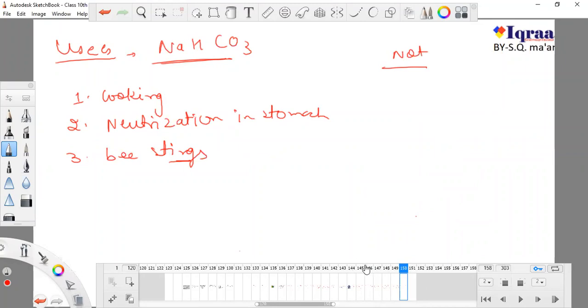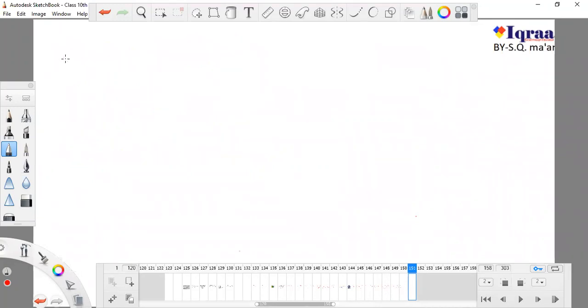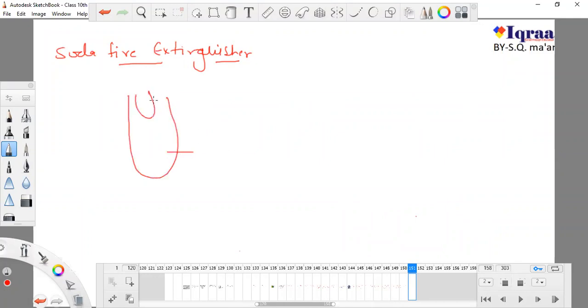So this is all about baking soda. And one more thing I want to tell you, it is also used in the soda fire extinguisher. Do you remember this reaction? Now we will learn about the soda fire extinguisher. We studied this, and how we add this. There is a bottle filled with sulfuric acid, and we add something here, and when we strike this, it will form carbon dioxide. We will study it tomorrow, because you have the next class, which is math class.